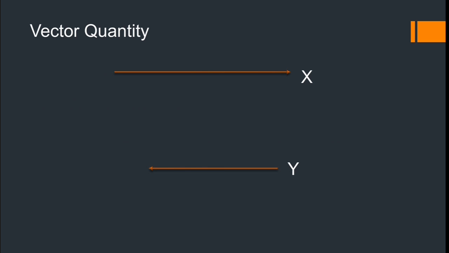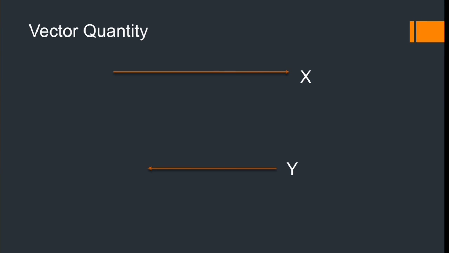Before going in detail with this part, let me recall a concept from the previous chapter, that is vector quantity. So students, you know that vector quantity is that quantity which has both magnitude as well as direction. But how can a vector quantity be represented? Vector quantities can be represented with the help of an arrow. As you can see here, there are two vector quantities represented as below.